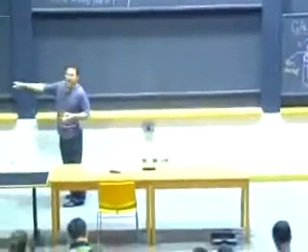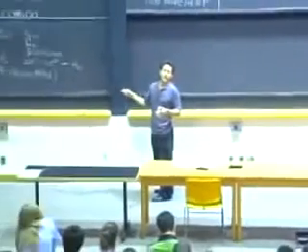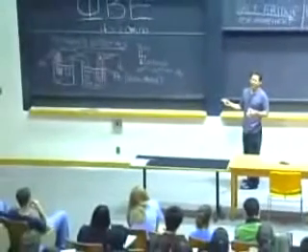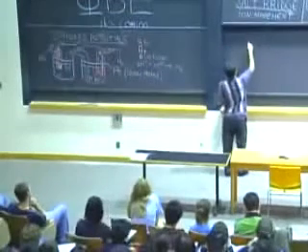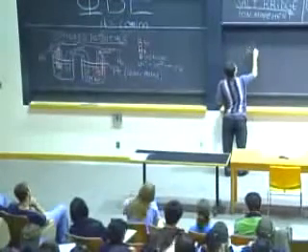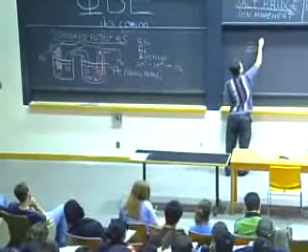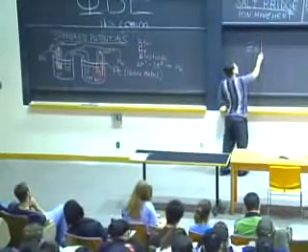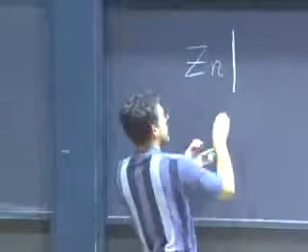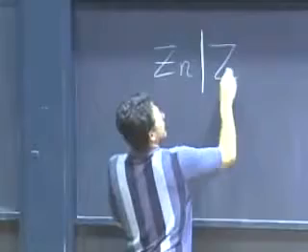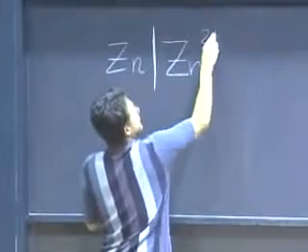There's another way that I can write this cell. And so I'd like to introduce cell notation to you. And that will be like this. We will have zinc, and then a solid line, and then zinc 2 plus,